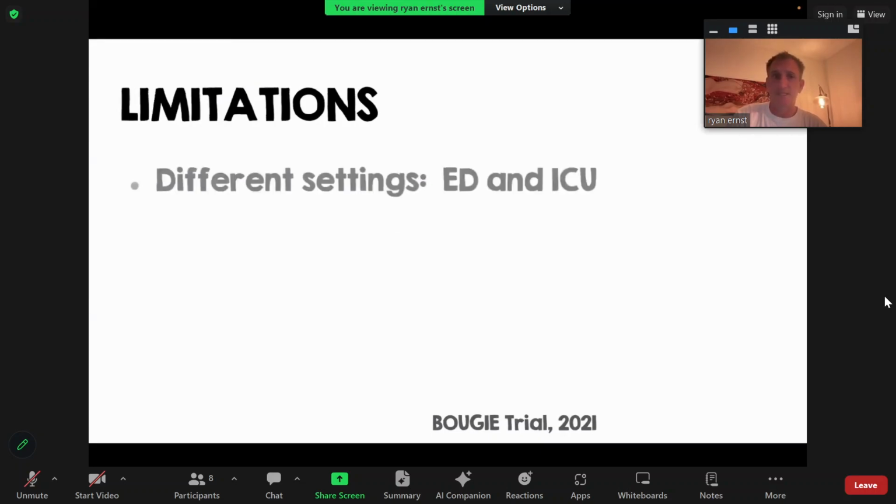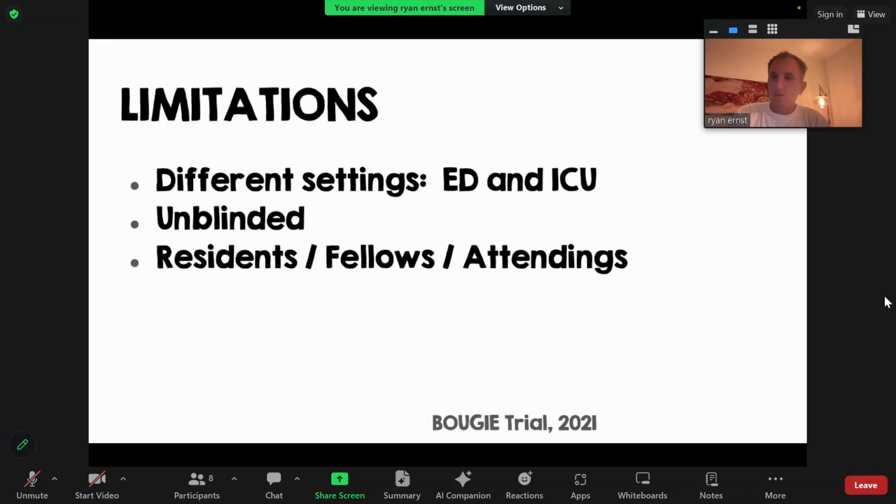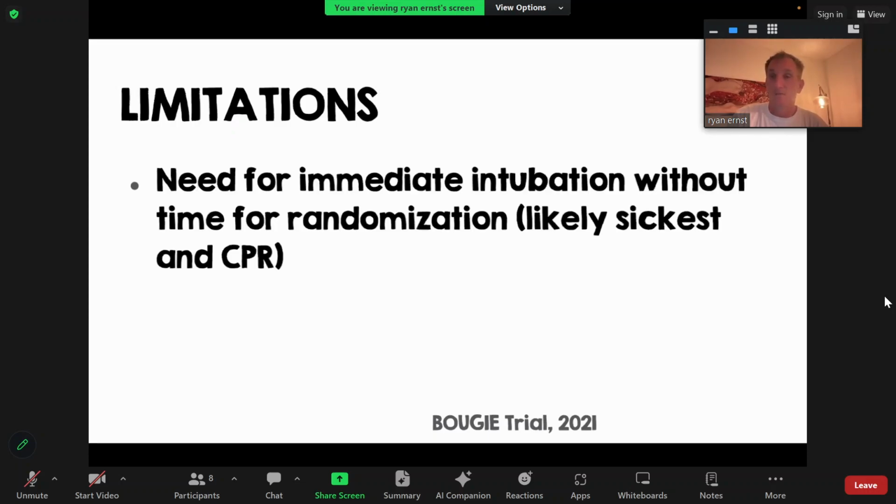But there's also a lot of limitations to this study. They were measuring both the ED and the ICU. So maybe there's differences in the patient population up in the ICU compared to what we want to know, which is in the emergency department, is the bougie helping us? It's unblinded, so maybe there's some bias there. And they also had a wide range of levels of training. So they were using residents and fellows and attendings, and perhaps the different groups have different rates of success depending on their